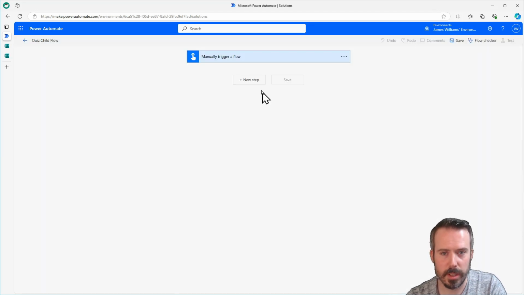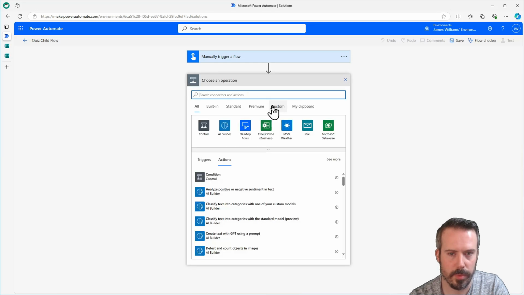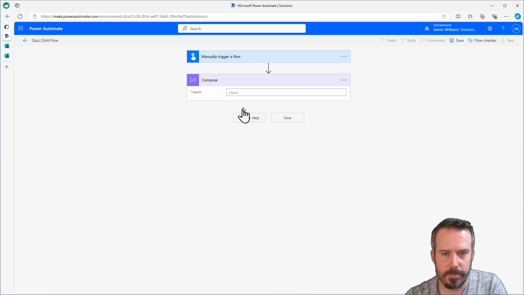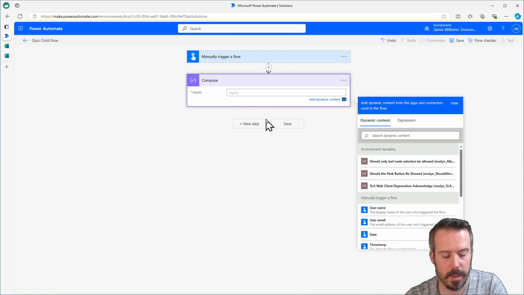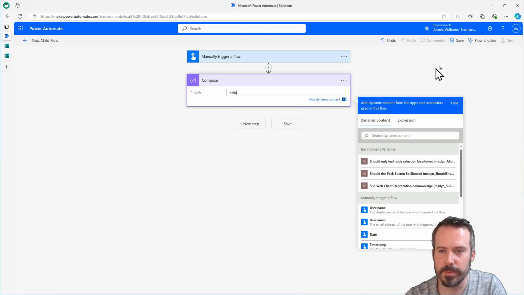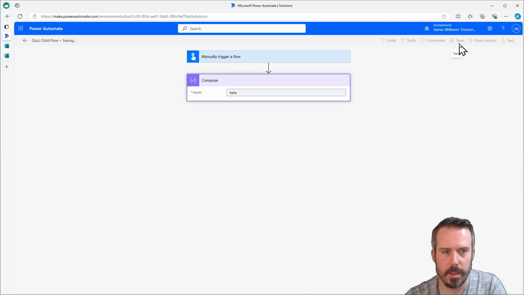This is my new child flow. I'm just going to add a quick compose in here. And I'm going to put some basic input here, click save,